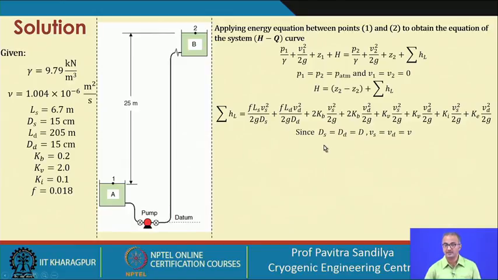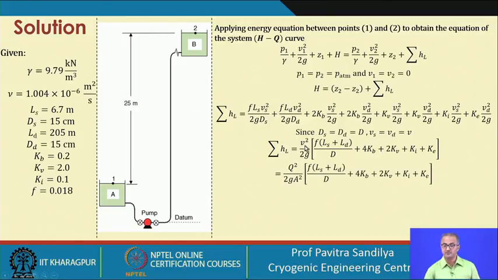And in this case, we have been given that the delivery side and the suction side diameters are the same, and we take it to be d, and the flow rate is also same. So, the velocities will also be the same. So, we take them to be v. So, Vs equal to Vd equal to v, and then when we plug in these things, we simplify this expression for the head loss like this.